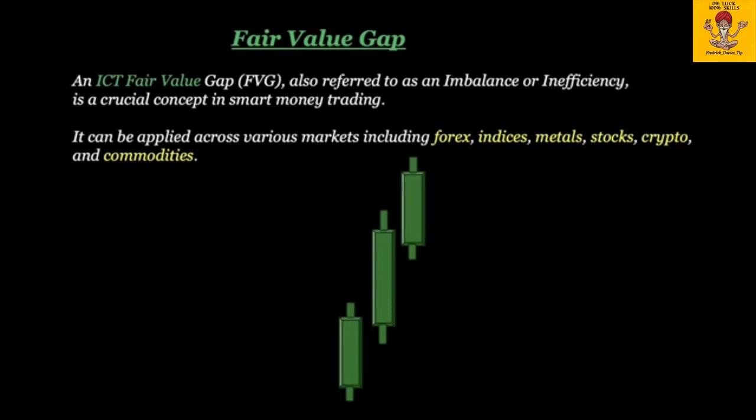The middle candle is generally larger, with a wider body, representing significant price momentum. The first and third candles are shorter and don't overlap the body of the middle candle. This creates a clear gap